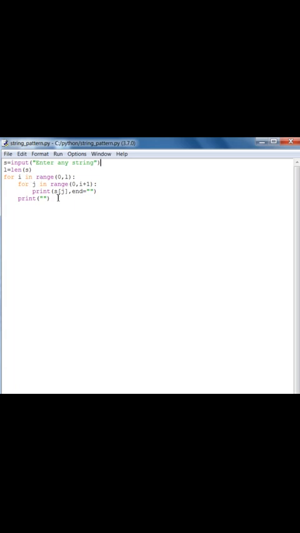Now we are going to see how to write the same program without using nested loops, using string slicing. We will do this program using string slicing, but before that,